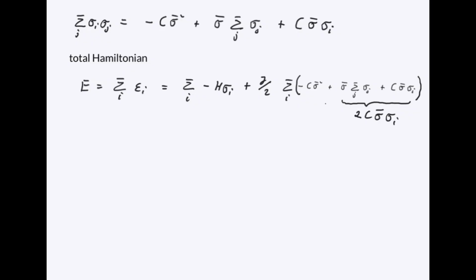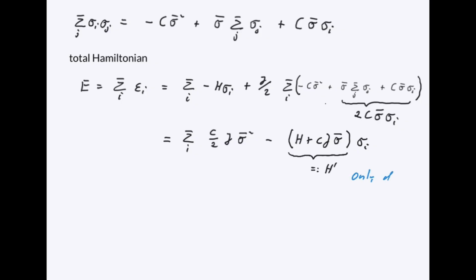Hence we can rewrite these terms as 2 times c times sigma bar times sigma i, and only sum over i, finally leading to the expression that the total Hamiltonian is given by the sum over all i of c half J sigma bar squared minus h plus cJ sigma bar times sigma i. We achieved what we wanted. The total Hamiltonian is now just the sum over all site energies epsilon i,